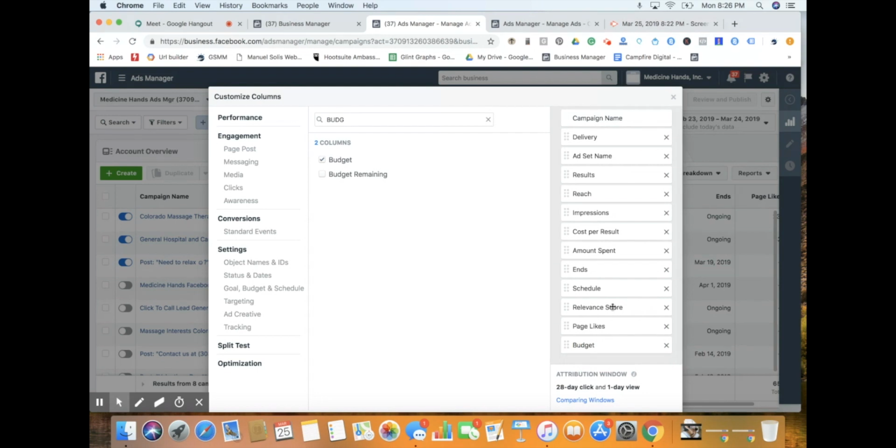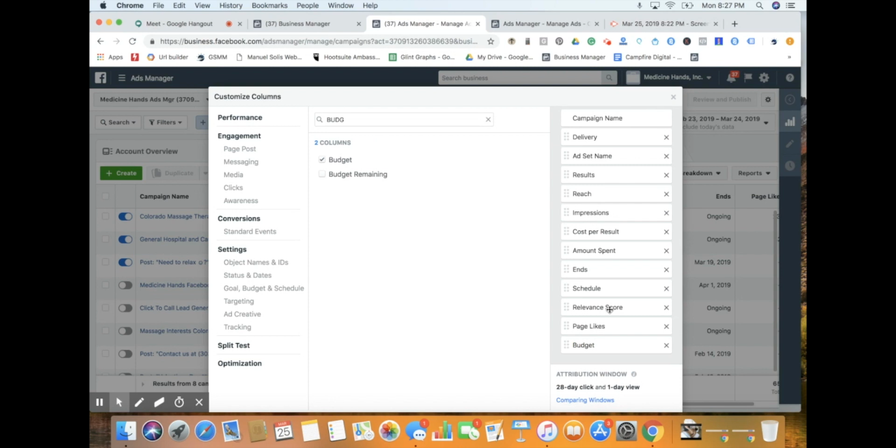of course, of the time. Relevance score is a metric that Facebook uses to say, hey, this ad on a scale of 1 to 10 is this relevant, 1 being the lowest and 10 being the highest. So the more relevant our ad, in theory, the better it should perform from a cost perspective. So we want our ads to be more relevant, and we can only see a relevance score at the ad level. Remember when we talk about Facebook ads, the different types of structure, the 3 main structures are at the campaign level, and then within the campaigns, we have our ad sets, and then within our ad sets, we have ads. So relevance score is only able to be seen at the ad level,